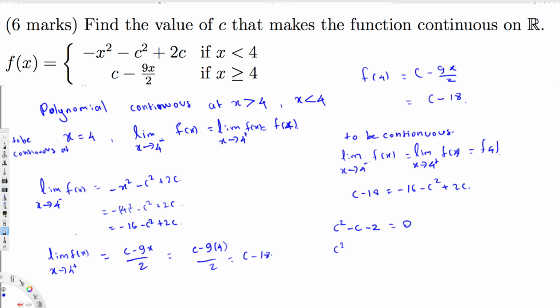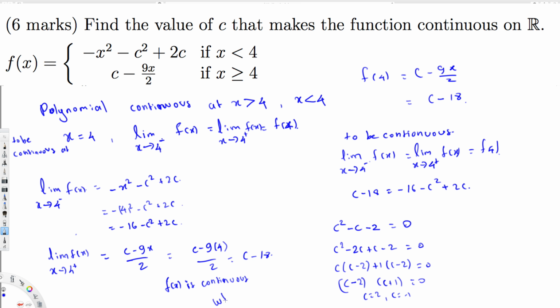So I can take that, it's going to be c square minus 2c plus c minus 2 is equal to 0. If I take c common, it's c minus 2. If I take 1 common, it's plus 1 times c minus 2 equal to 0. Therefore it's going to be c minus 2 and c plus 1. So we can solve this: c is equal to 2 and c is equal to minus 1, so we know f of x is going to be continuous